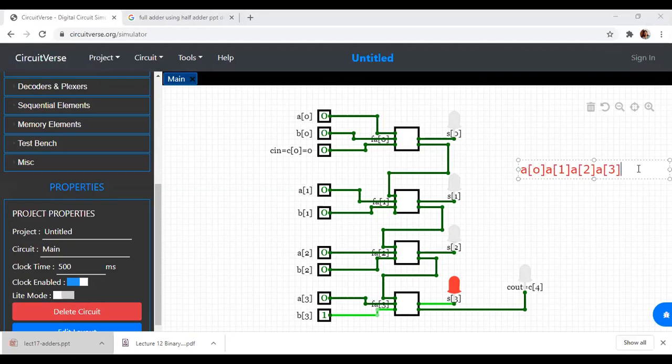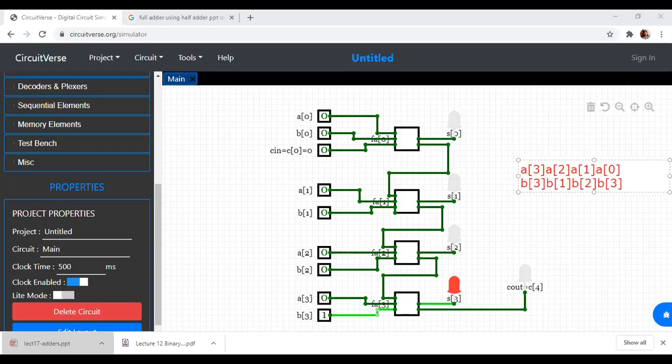Similarly, you will have data B also in the same format, B of 0, B of 1, B of 2 and B of 3. So the same data we can take, but we will follow higher order 3. So this, let me make it as 2. Let me make this as 1 and let me make this as 0. So this is the LSB and this is the MSB.